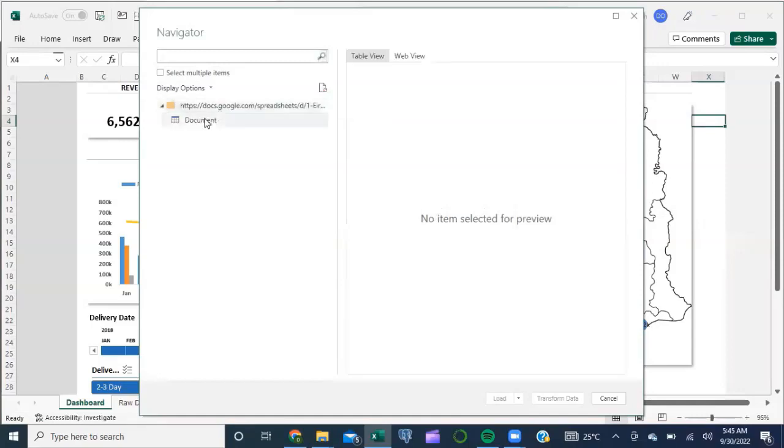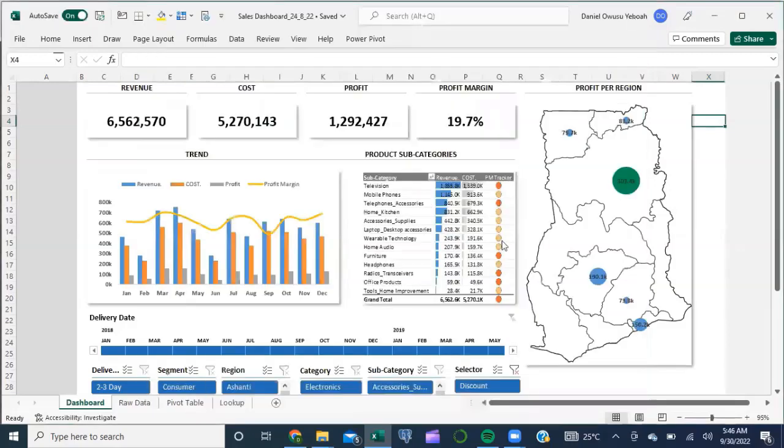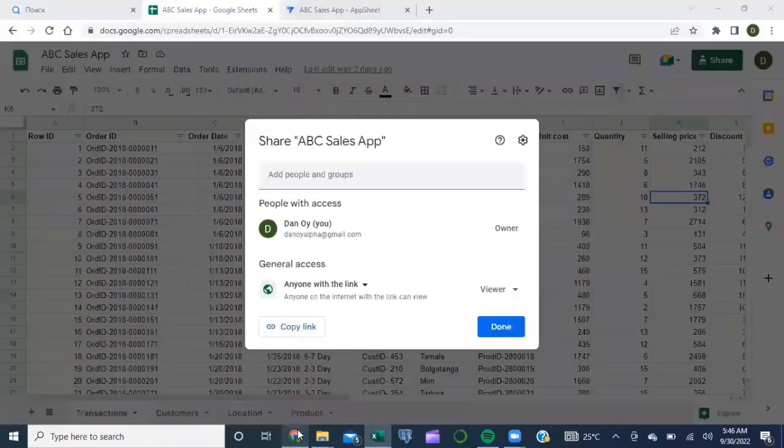Okay, so it's done. But then you realize that the way the data has been provided is not in the format that we can use in our dashboard. Okay, so I'm going to show you a way you can edit your link to make it better to query your data from the Google Sheet. Okay, so I'm going to close this, come back to my Google Sheets, copy the link again,